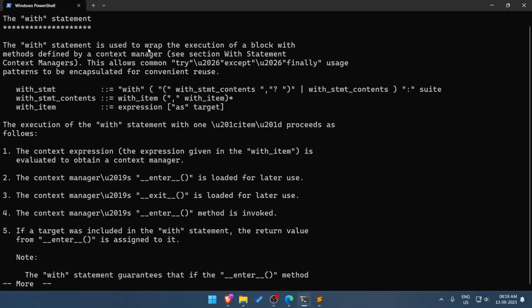The with statement is used to wrap the execution of a block with methods defined by a context manager. This allows common try, except, and finally usage patterns to be encapsulated for convenient reuse. The execution of the with statement with one item proceeds as follows.